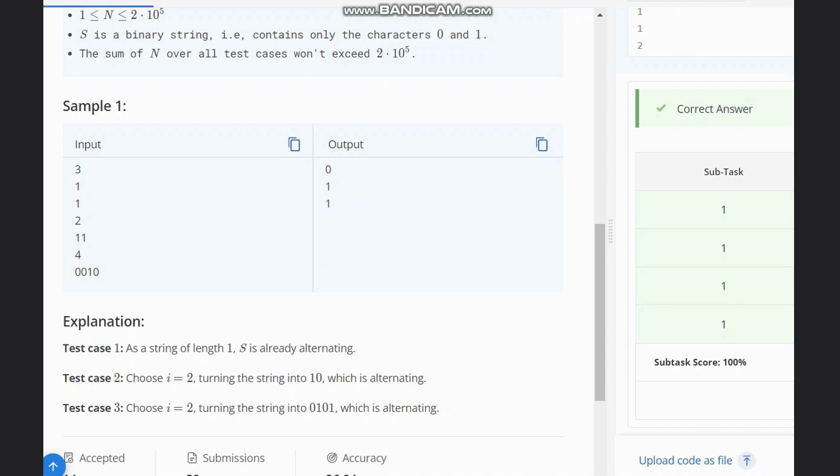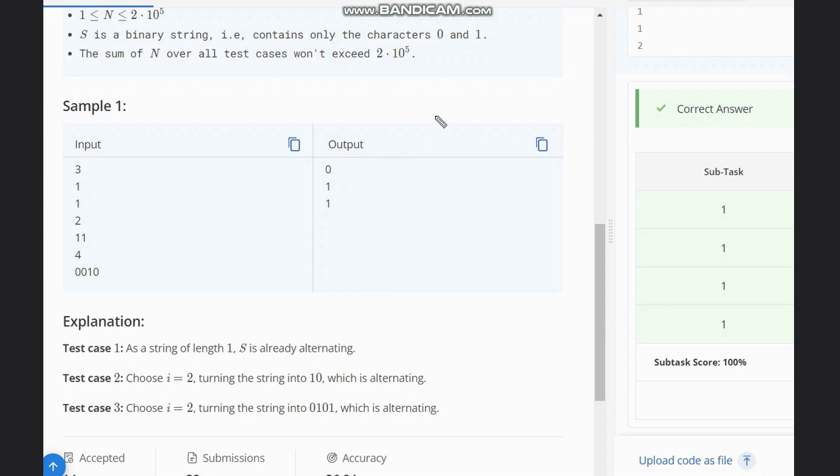So now how to code it? You can first simply take I from 2 to n and then compare every character, and if two characters are not equal, then you can take the operation count as operation plus 1 and you can flip the string from index I to n.